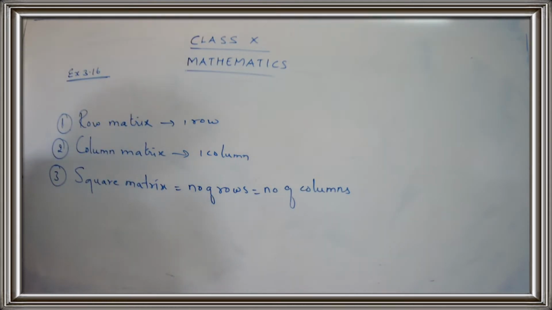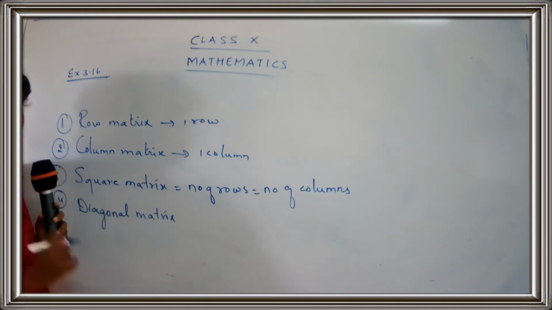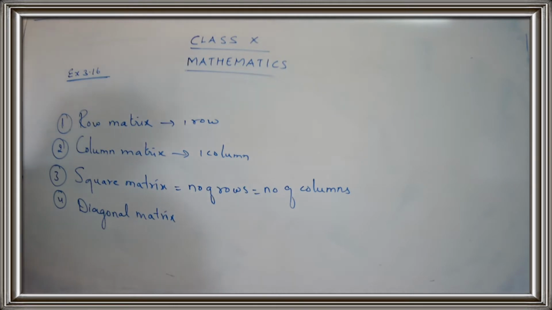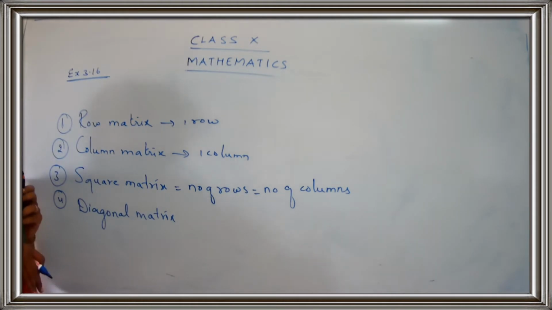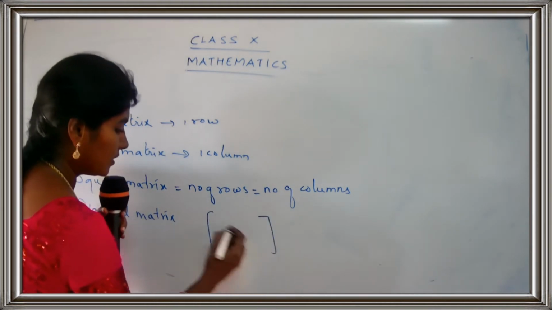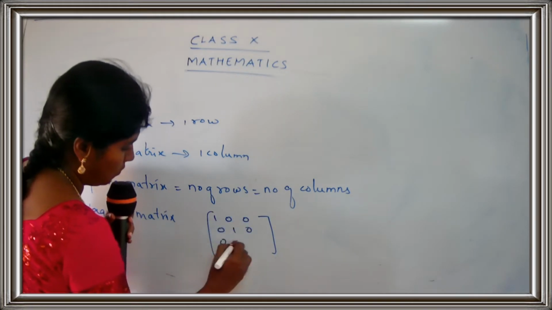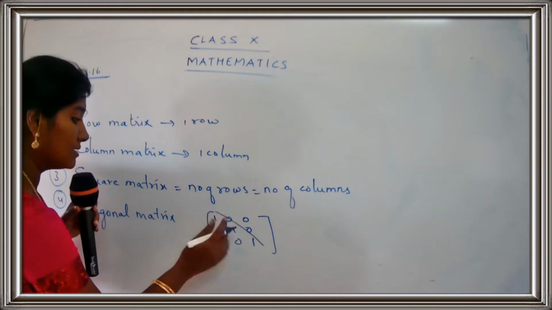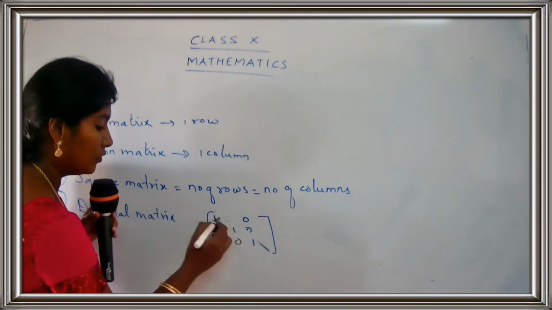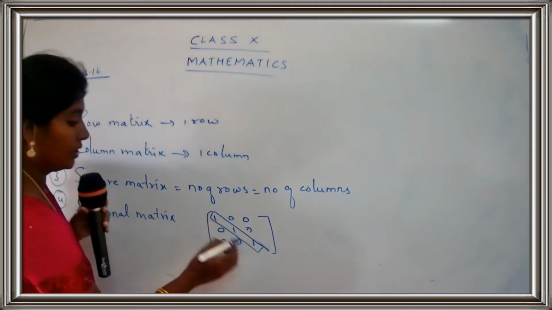And then we had a diagonal matrix. What was a diagonal matrix? The fourth one was a diagonal matrix. Diagonal matrix is a matrix where, suppose I'll just give you an example because with the help of an example it will be easy to explain. We have a matrix. Suppose these are the leading diagonals. Okay. So what was for diagonal matrix? Except the leading diagonal. This is a leading diagonal. I have told you, just think of a square or a rectangle. You have a diagonal over there. Okay. So this is a diagonal matrix.